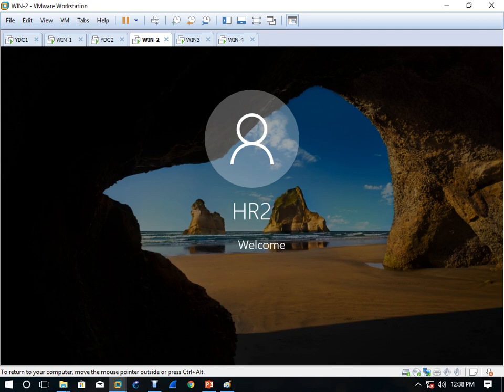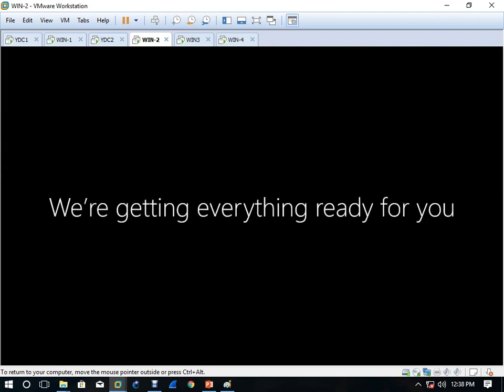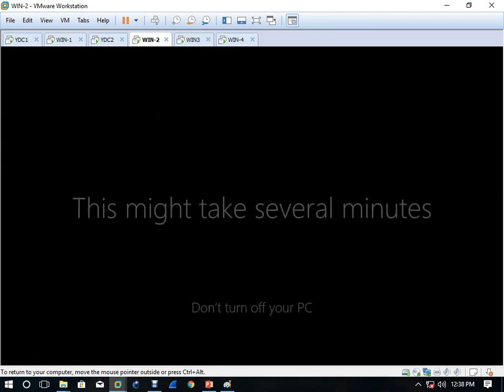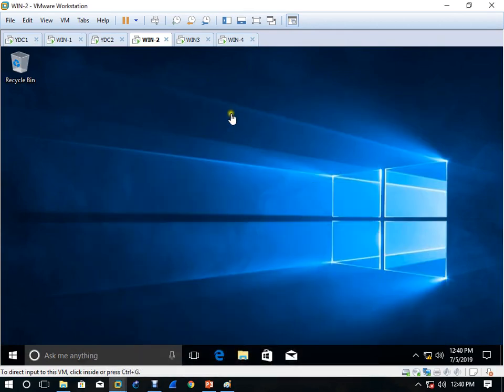So why is this user able to access the resource? IIST users are able to access the resource of Dwala, and Dwala users are able to access the resource of the parent, right? Why? Because it's a two-way trust. Now here we logged in with the parent user, who is HR2.